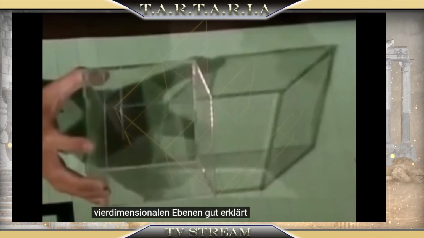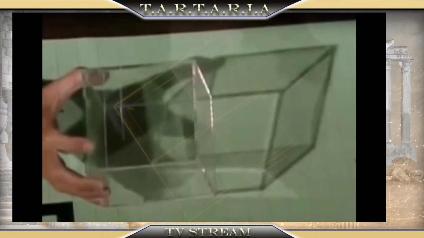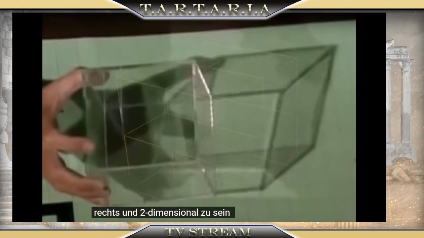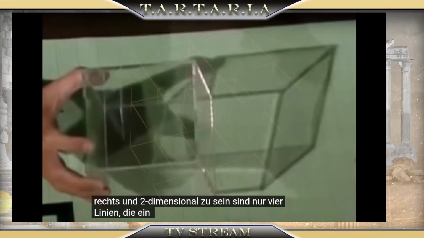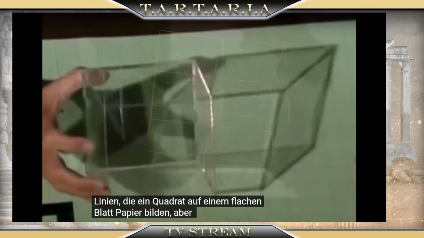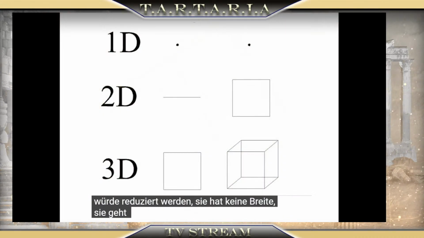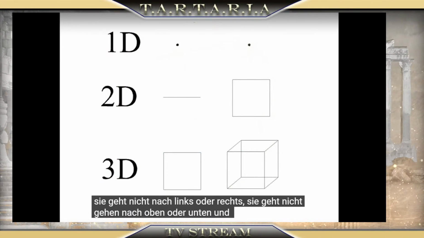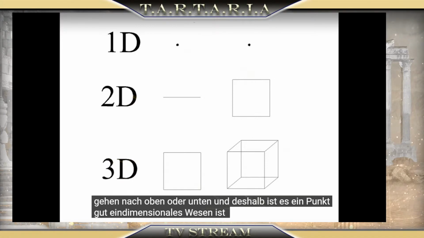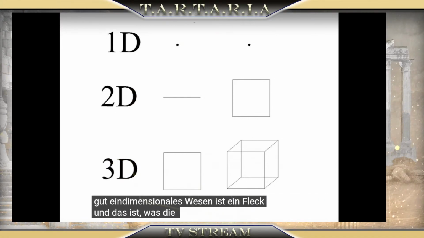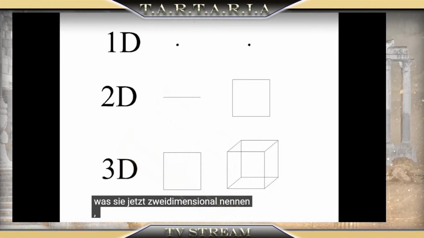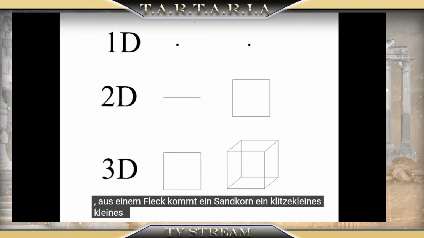If you understand three-dimensional, it's like a cube, right? You have 4 corners, but it's also lifted up, so you have a box, which we understand to be like a room, right? And a two-dimensional is just 4 lines creating a square on a flat piece of paper. But a one-dimensional level would be reduced. It won't have any width. It doesn't go left or right. It doesn't go up or down, and therefore it's a dot. Well, a one-dimensional being is a speck, and that's what the Big Bang Theory is based on, that everything, which they call now three-dimensional, what they know, comes out of a speck, a grain of sand, a tiny, small, one-dimensional speck,